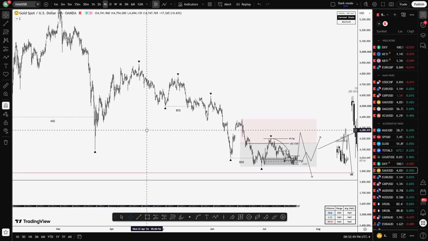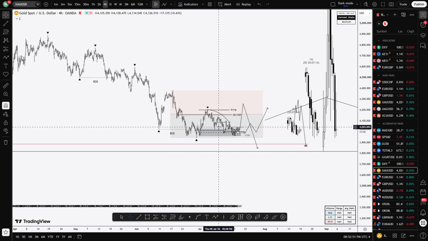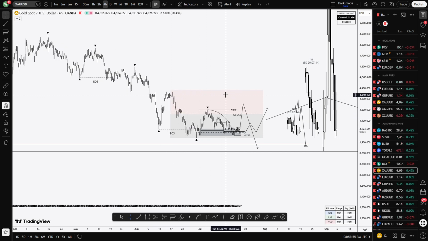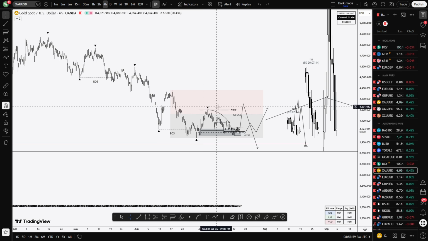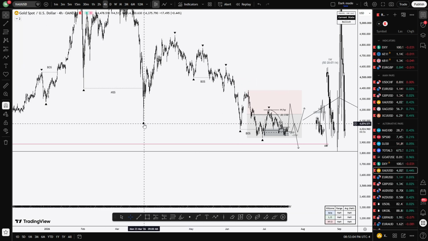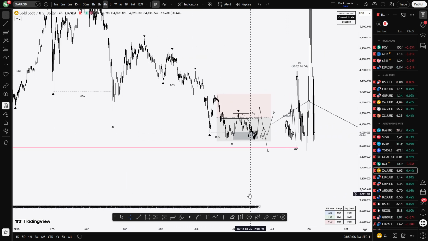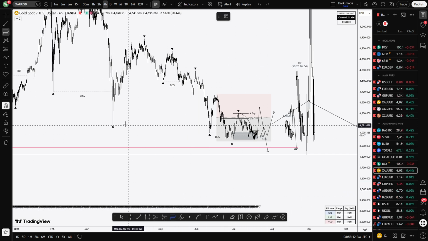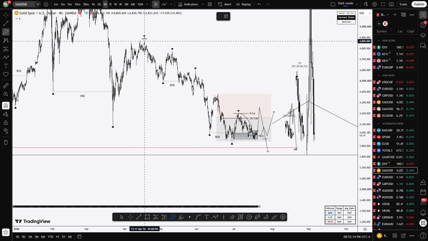We haven't taken any high. So let's see how price reacts from here when it gets here, first of all. If we get a break, then we might look to get an entry or something. But depending on, let's see,